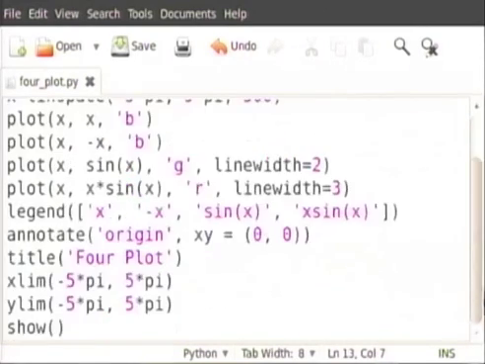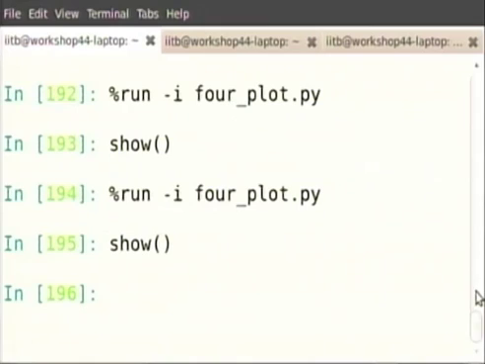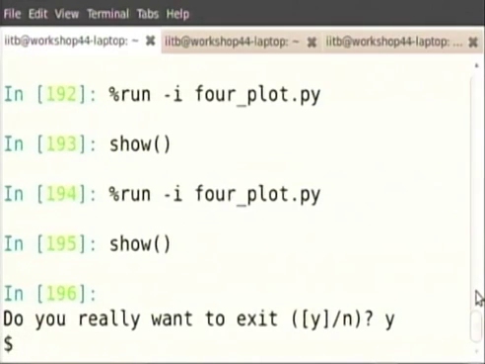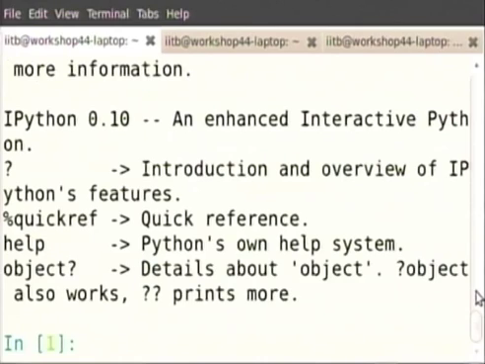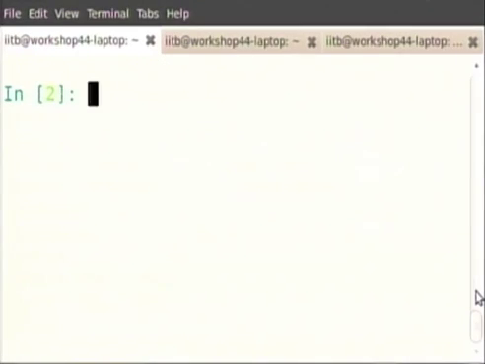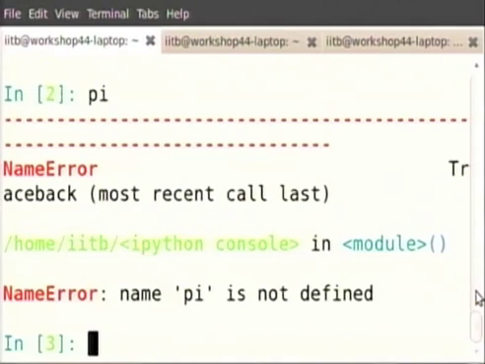Now, let us in fact try and do something slightly different. Let me log out of IPython, and this time instead of running IPython minus Pylab, just run IPython without Pylab, and let us try to use any of the functions. We know the value of pi, we have used it comfortably, it worked. Now, when we type pi, instead of displaying the value, it screams all over the place because pi is not defined. So, we say import